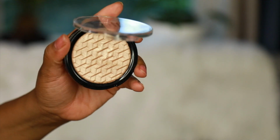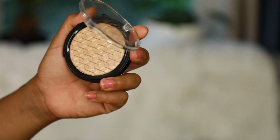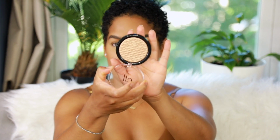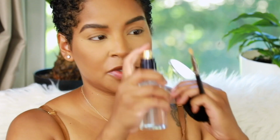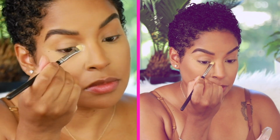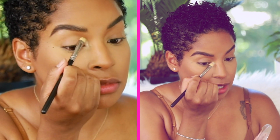For my highlighter, I'm going to go in with this highlighter by e.l.f. and it's the 24 karat gold, and it reminds me of one of my all-time favorite highlighters, but they're a lot more expensive than this one. So I was super excited when I saw this color. It is just absolutely beautiful. I'm just going to spray the tip of my brush so I can really pick up that pigment, and I'm going to start off by applying this to the inner corners of my eye,